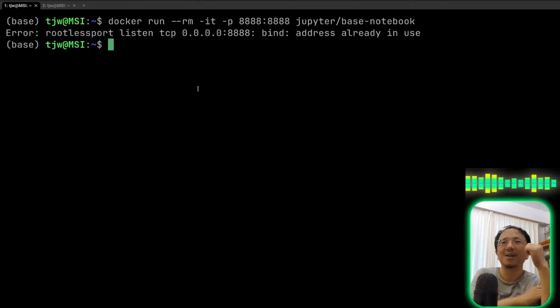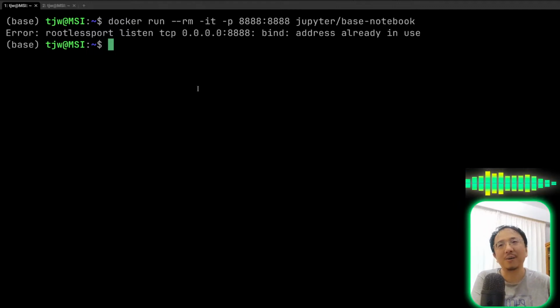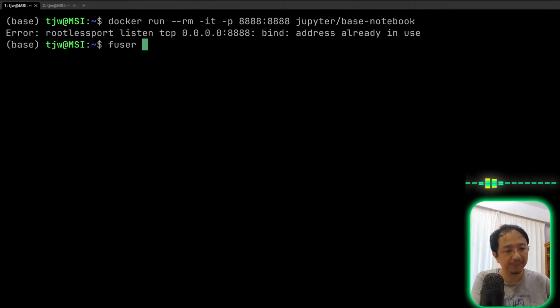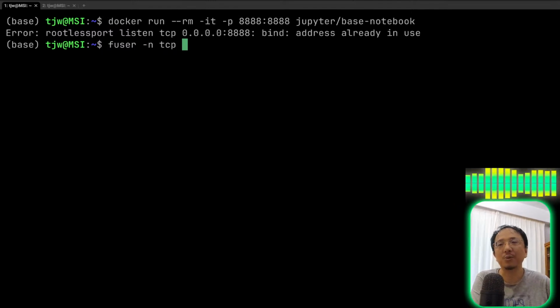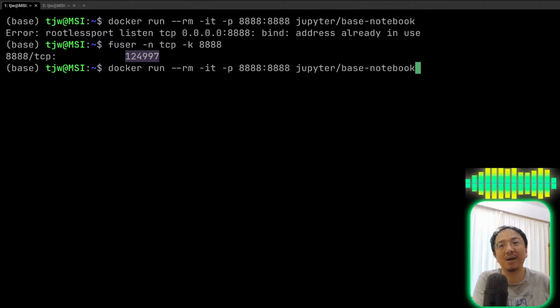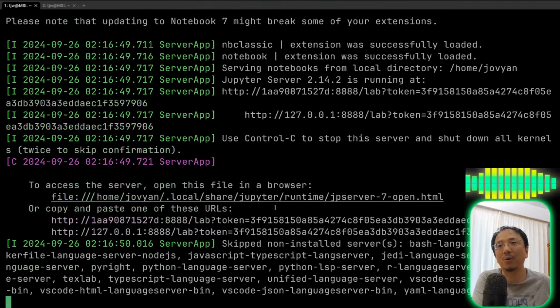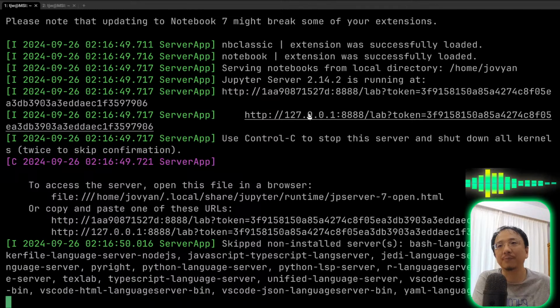Okay, this happens a lot, that the port has been occupied by another process. I don't know who uses it. I'm going to kill it. I'm using fuser to kill it. So we can find out the process that is using it, and we kill it. And right now I've freed the port 8888 and run the Docker Jupyter notebook. So after I have this port right there, I can